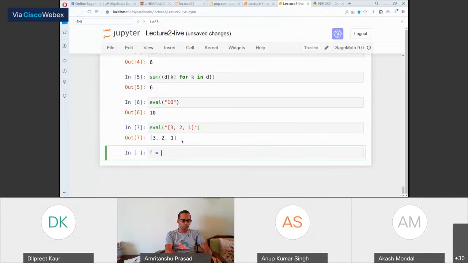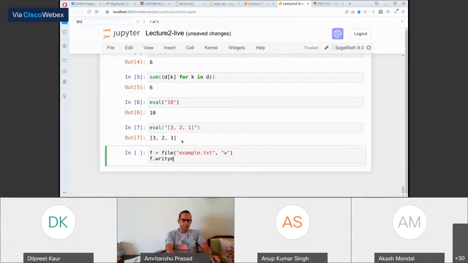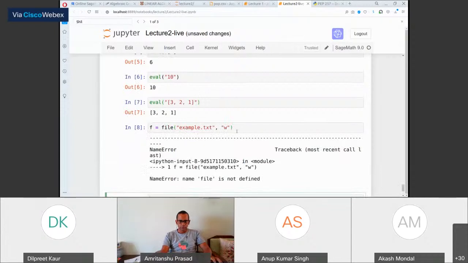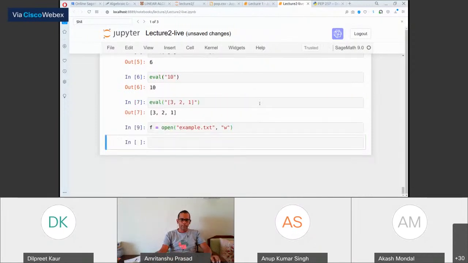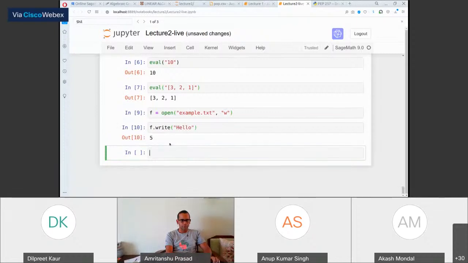So for example, you could open example.txt for writing, with open, I guess, not file. And now f is open for writing. f.write hello, and then I will put one more f.write